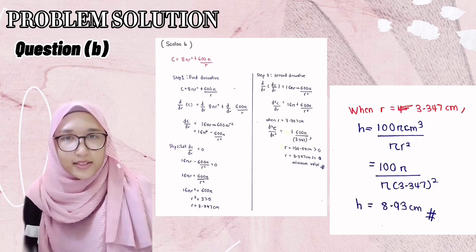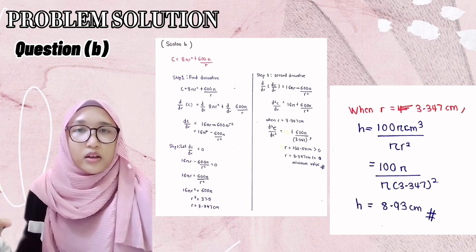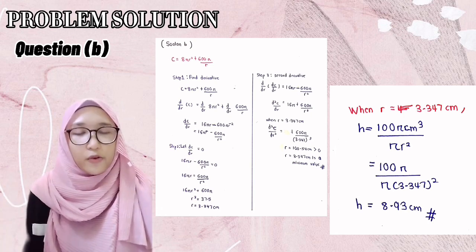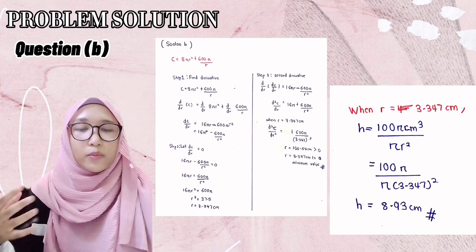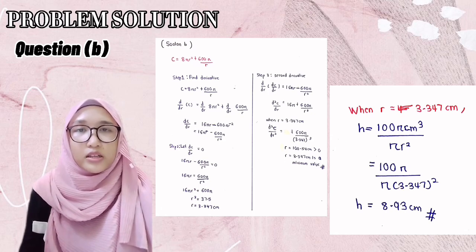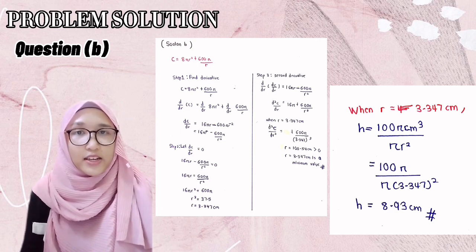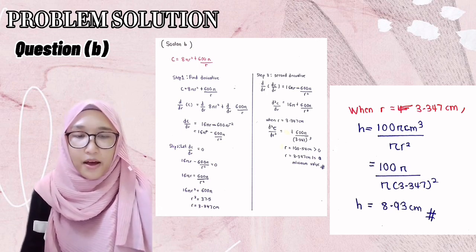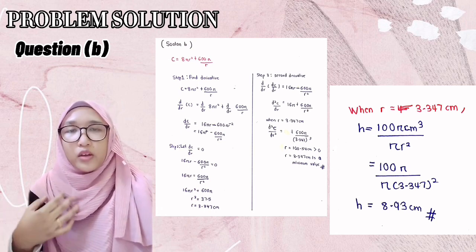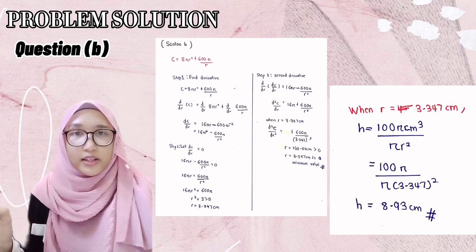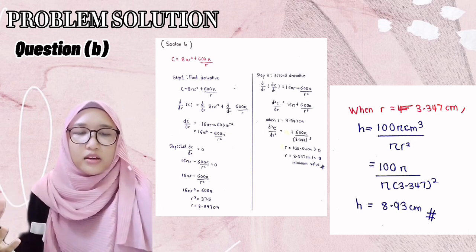So we go to our last step, that is to determine our r value, that is minimum or maximum value. So we need to do the second derivative, that is we need to differentiate one more time the formula dC over dr. So we will get d squared C over dr squared equal to 16 pi plus 600 pi over r cubed. So we substitute the r value, that is 3.347, in the formula,